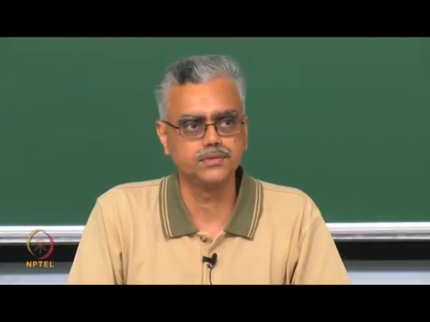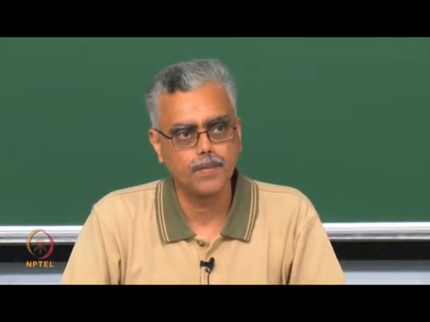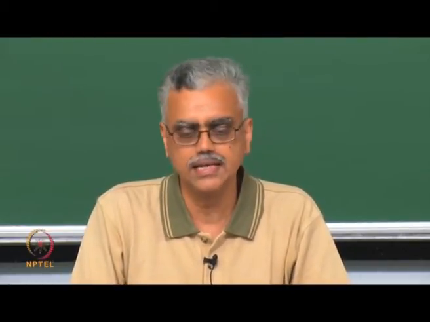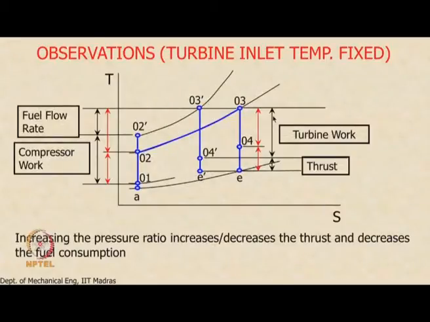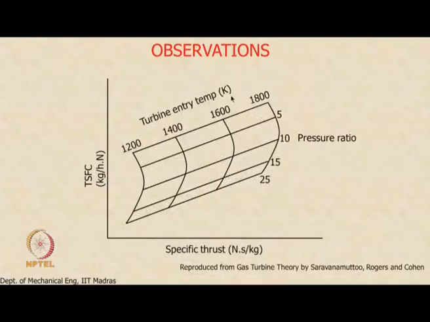Any questions? Yes. Why is the specific thrust increasing? This is a thrust per unit mass, and that has to do with the way these curves diverge. What happens is when these are close here, we are getting momentum thrust, but we are also getting some pressure thrust from here. So, the sum of the two, because we are now operating with different conditions, can actually exceed what we had previously.